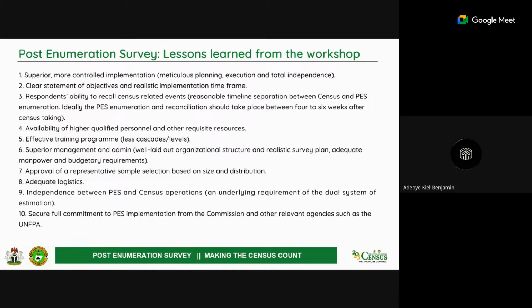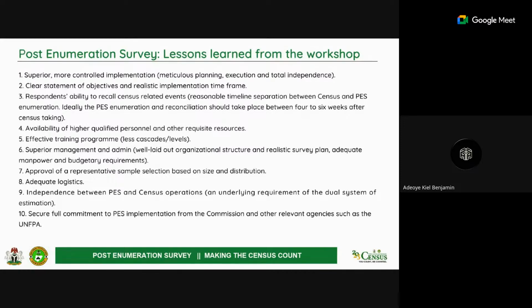Respondents' ability to recall census-related events, and the timeline separation between census and PES enumeration. Ideally, PES enumeration and reconciliation should take place between 4 and 6 weeks. So in our situation, how realistic is it? Availability of highly qualified personnel and other requisite resources. Effective training programs, let's cascade them, that we should train excellently well. I want to say that effective training doesn't only apply to the PES, it applies to the census. So both of them have to be